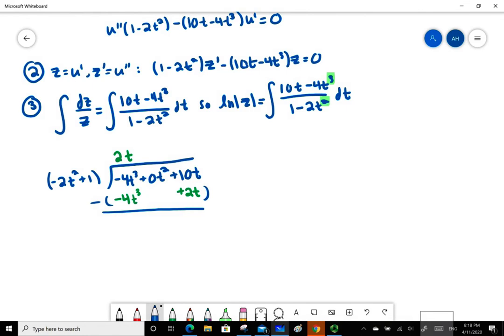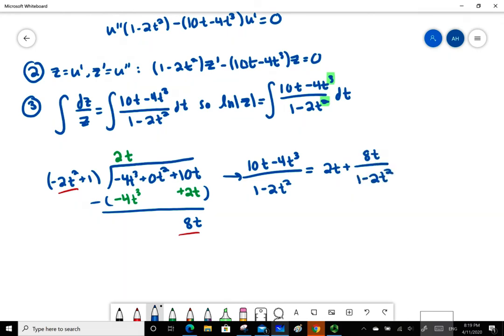So we can subtract to get 8t, then bring down the next term if necessary and repeat. But negative 2t squared doesn't go into 8t, so we're done. And the result is that 10t minus 4t cubed over 1 minus 2t squared equals 2t plus 8t over 1